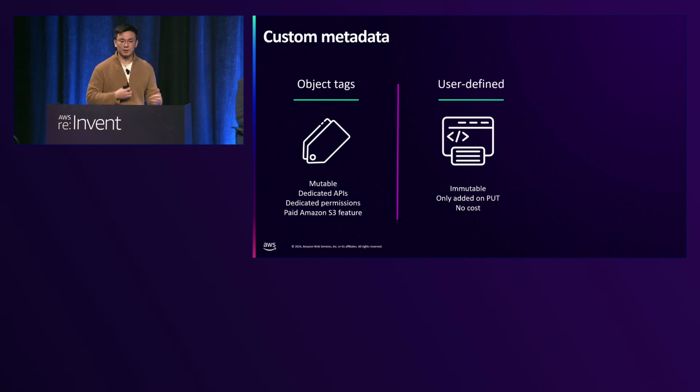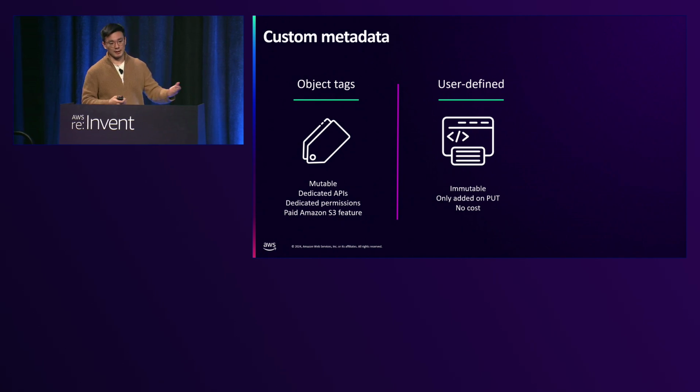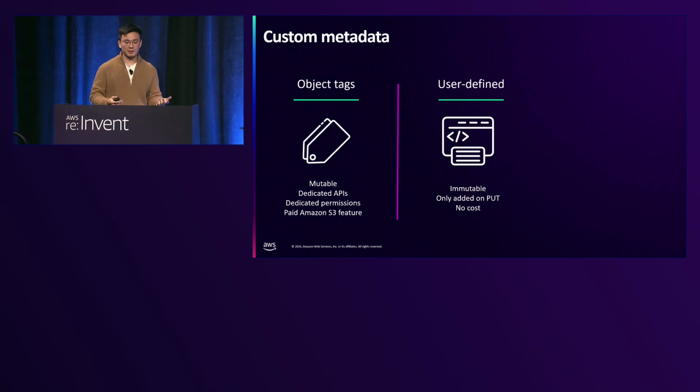S3. So these two metadata are not generated by S3, but you can use them to define metadata specific to your business context. So things like which department owns these objects, whether this object has sensitive information or not. So you can use these metadata to annotate objects with metadata specific to your business context. And once this metadata is there, we will tabulate that in this table so that it's easily queryable.